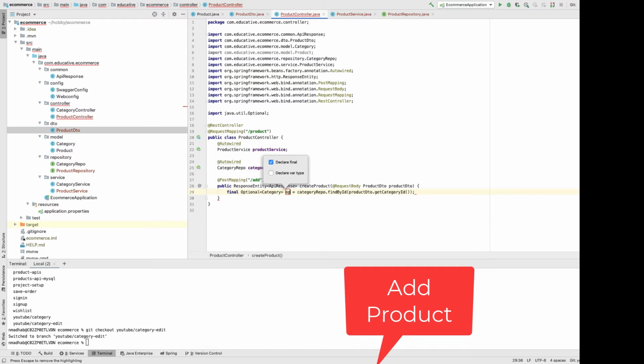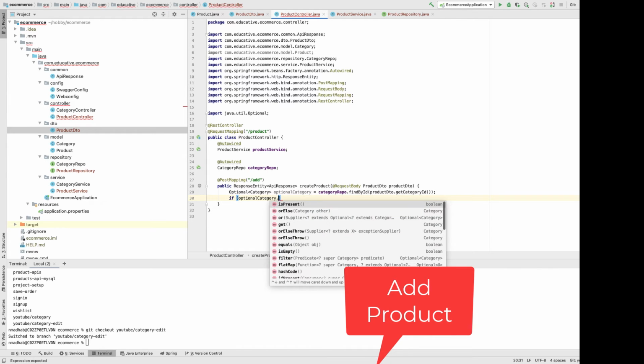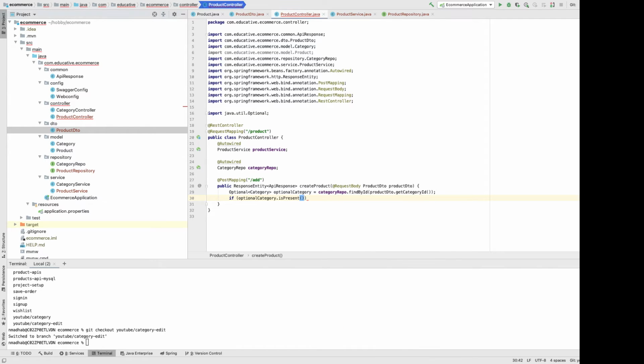So let's make it Optional category, and if optional category is not present, so it means this ID is not valid, so we can throw a response,